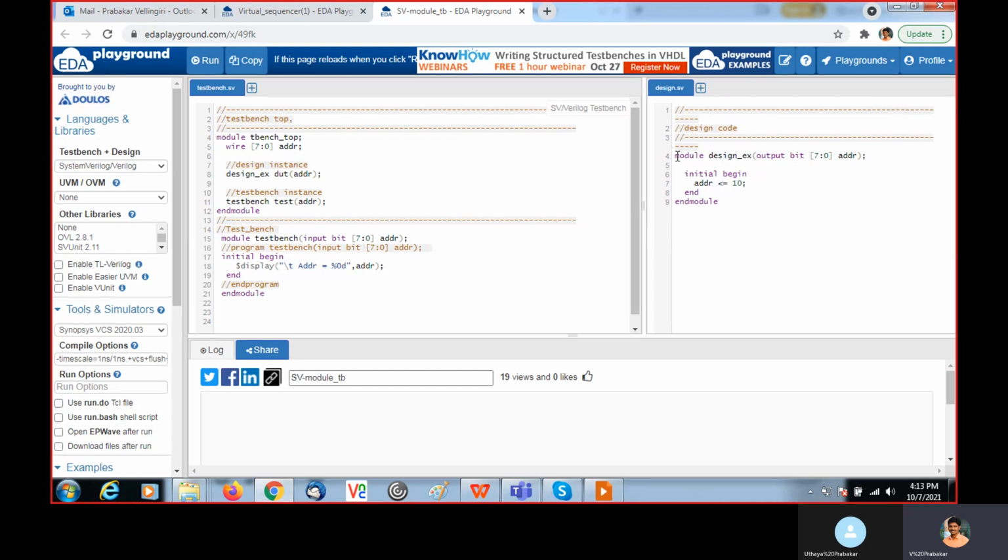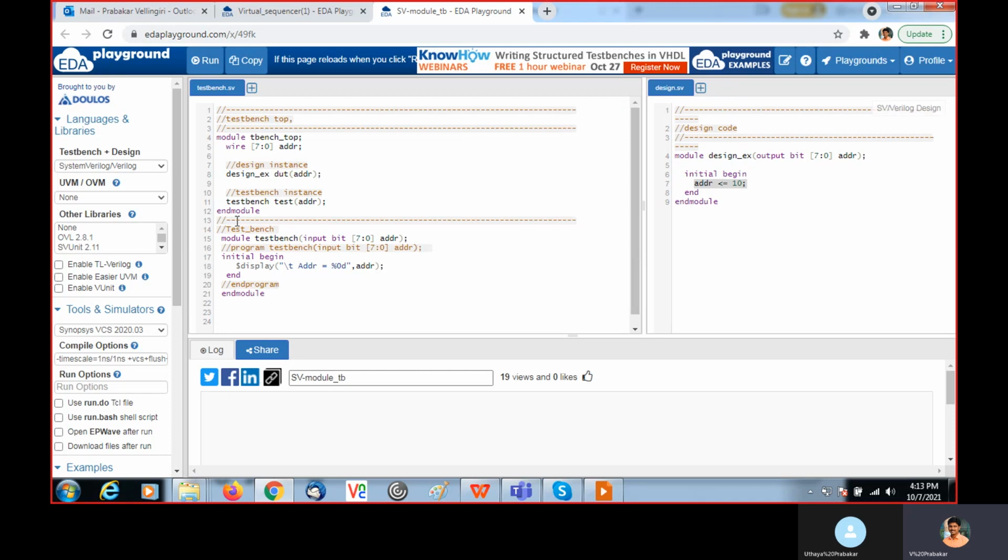The design is implemented using a module, and the design name is design EX. Here we are assigning a value for this address, which is nothing but the output argument, an 8-bit output port. For that we are assigning the value 10 within the initial begin.